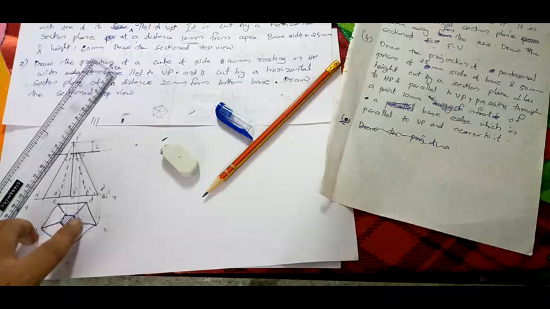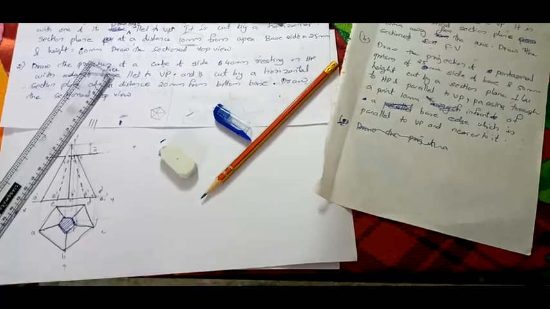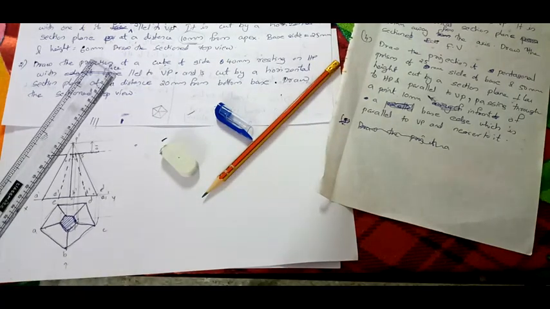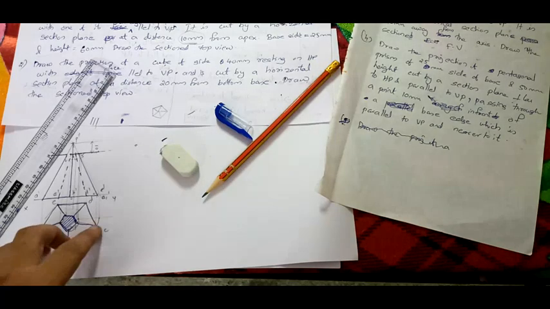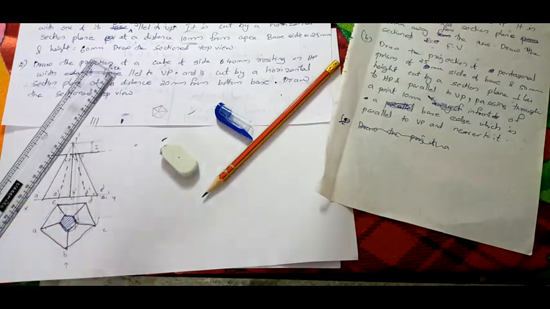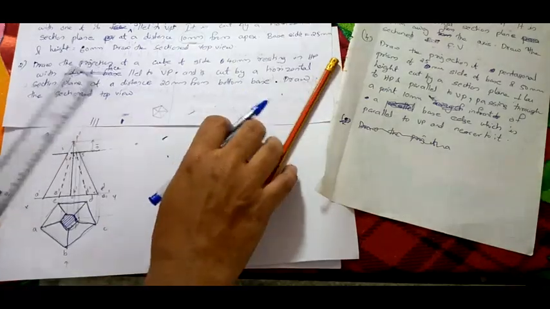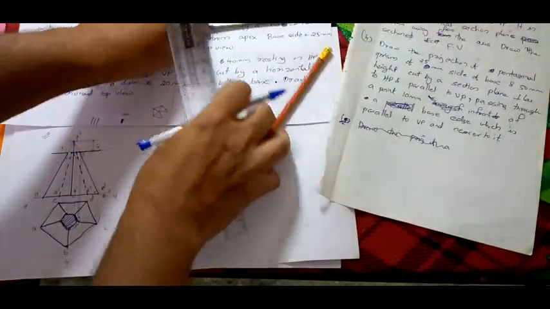So this is the sectioned view, that is, this figure which we have found like that. I hope you understood this. After drawing you will understand more. Don't worry about the true length and all. Even if you are not taking the true length, draw it. After drawing 3 or 4 figures, you will understand what I have drawn here. Now I am going to the second problem. The second problem is comparatively easy.